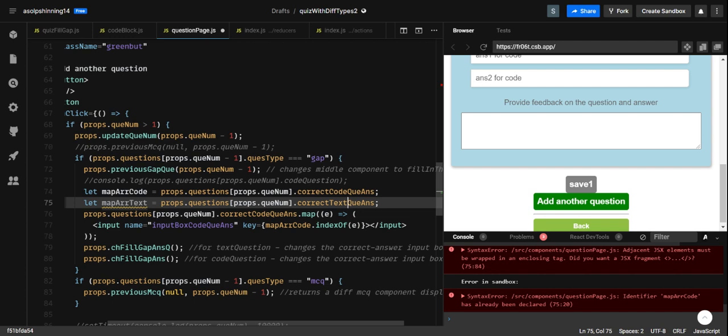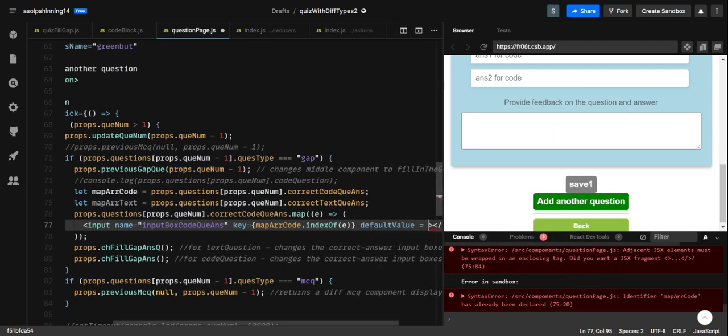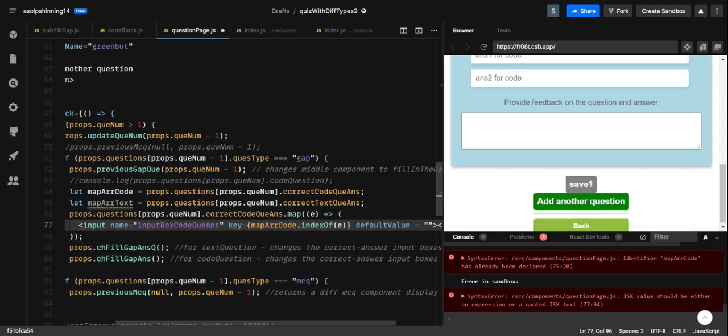Okay. It needs a default value. So what default value am I going to give to it? Somewhere here. Say default value equal, let's see. It's actually supposed to be, hmm,